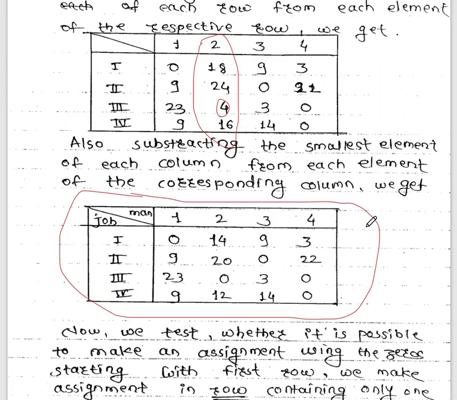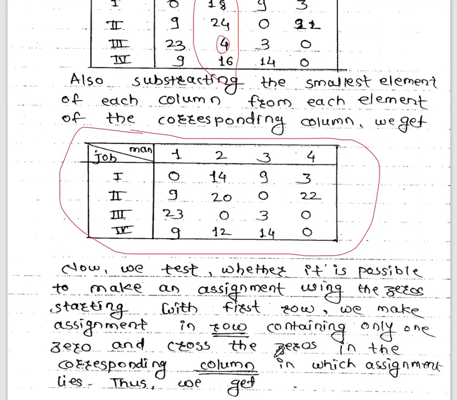So if you get a 0 in each and every column, then you can make 0 assignment. Okay, now we are ready to make the 0 assignment. So now we will make the 0 assignment row wise. Okay, so first we will take the first row. So there is a 1 0 at cell 1 1, so therefore we can make here 0 assignment by